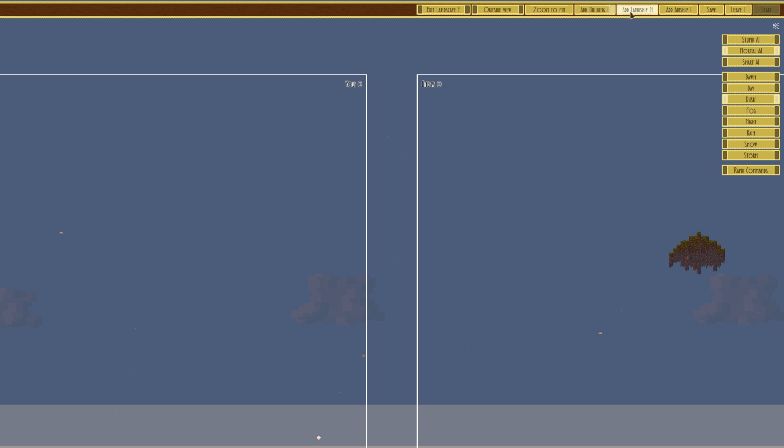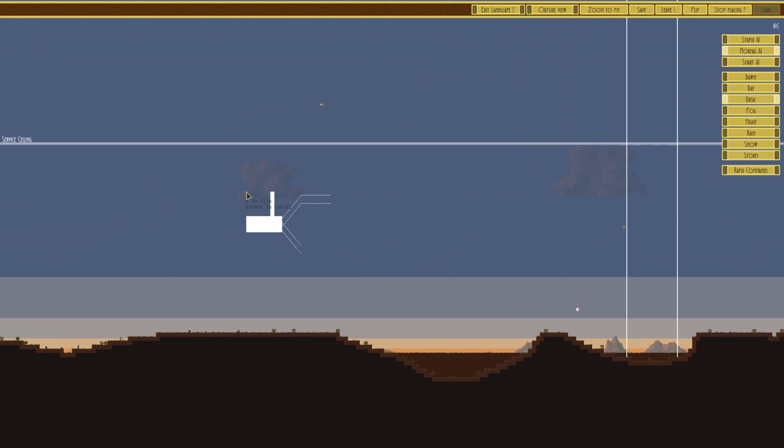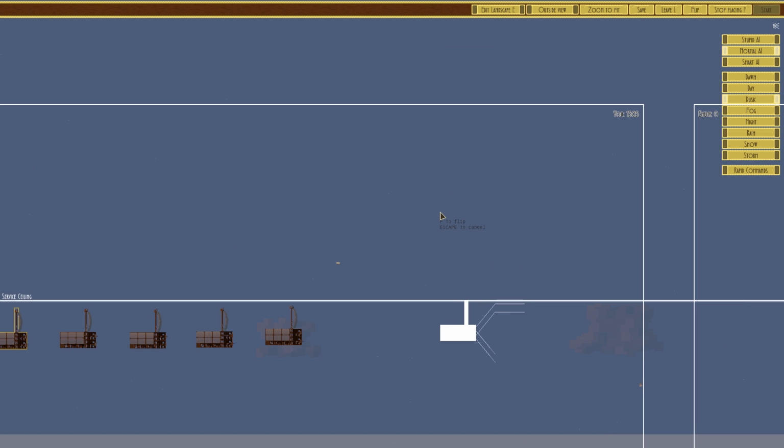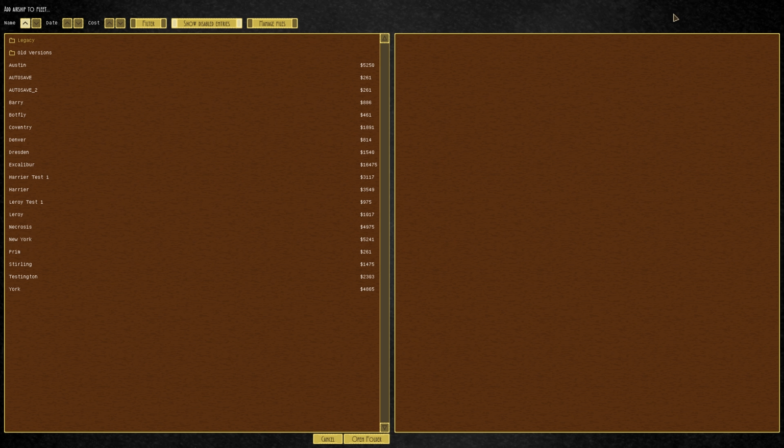Let's try that again. So we'll go for airship, the prim. I'm going to put the prims again. 1, 2, 3, 4, 5. 5 should be fine. And that's 1,305. If we go to airship...